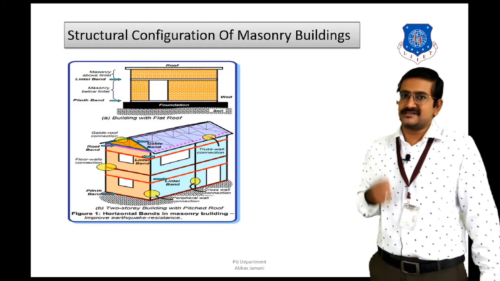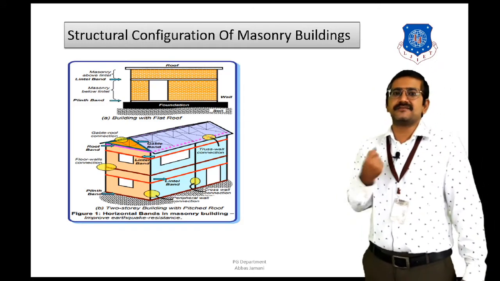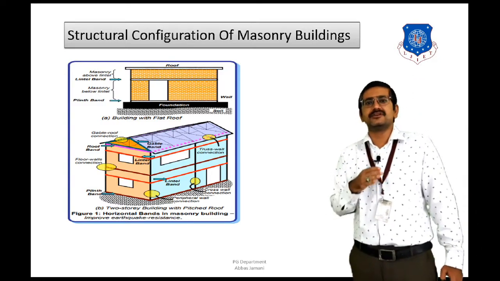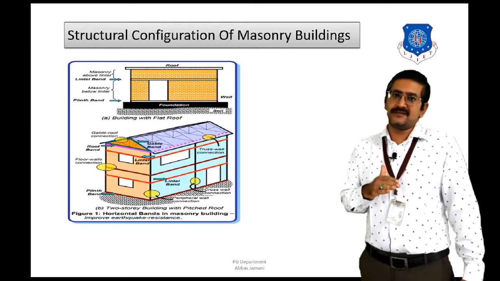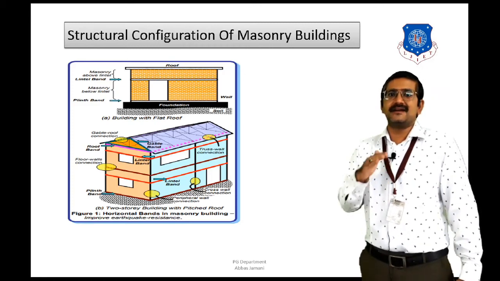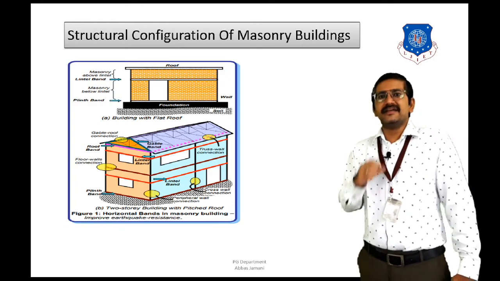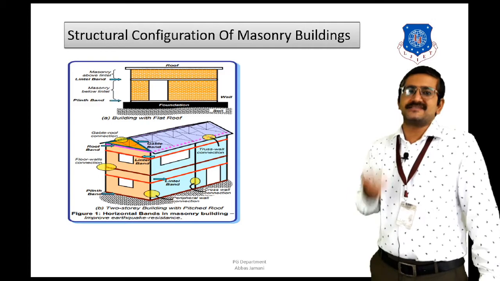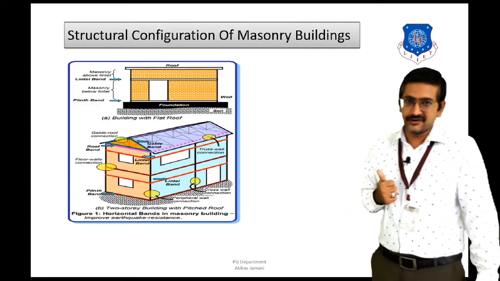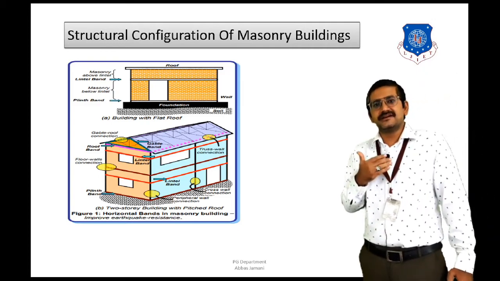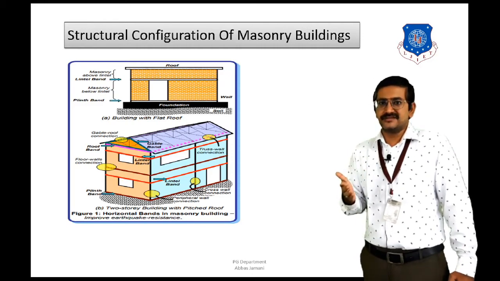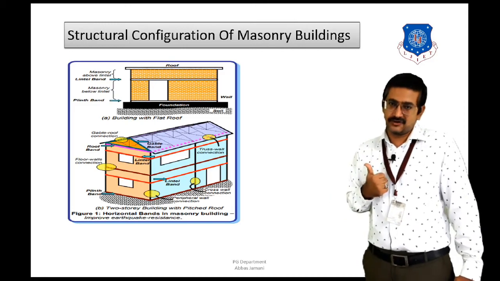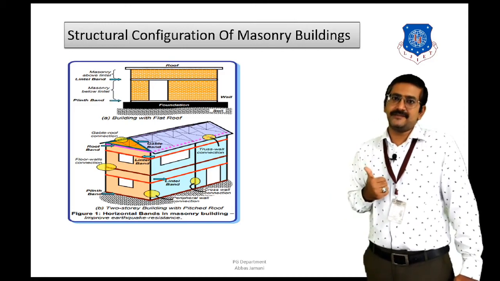That is what we are going to discuss in the next lecture. But in this lecture, the focus is going to be on the horizontal bands, and that is what we are continuing, right? So depending upon the location, these bands have been named as plinth band, lintel band, roof band, and gable band. In case of zone 5, sill band is also going to be there, where the sill band is to be provided at the sill level, right? That is the sill of the window. So depending upon the different locations of the building in different seismic zones, height of the building, and at the same time the number of stories that are constructed as a load bearing structure, these criteria can be modified.